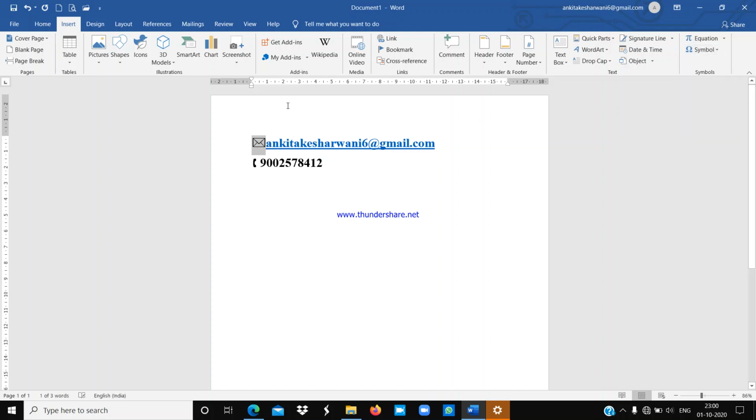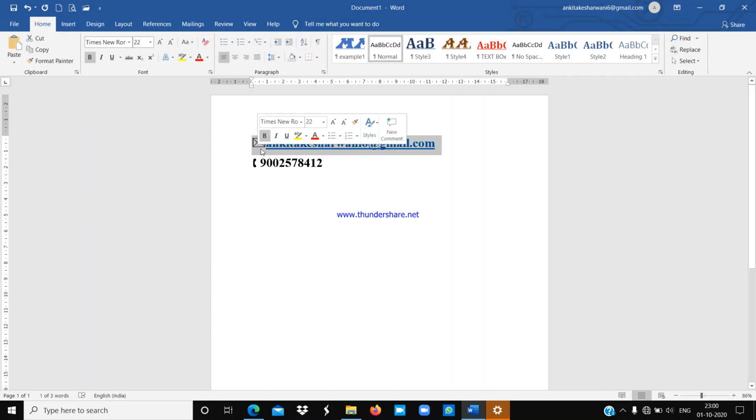And now you can format this using the format option. Okay, you can change the color of this symbol also. You can do many things. Understood, everyone? So like that, you can use symbols and some special characters to make your document more attractive. Understood, everyone? So today we will see how we can use those symbols and special characters.